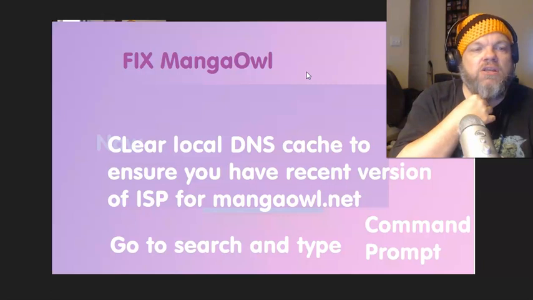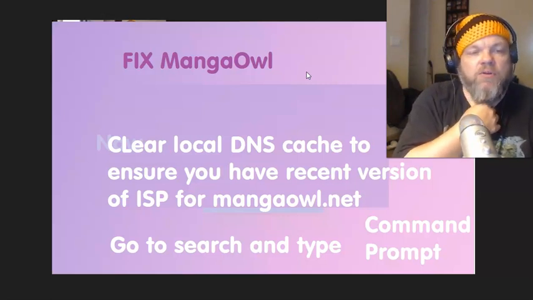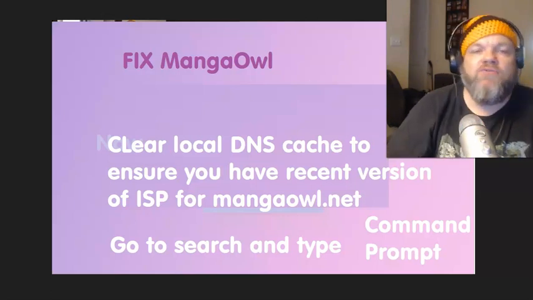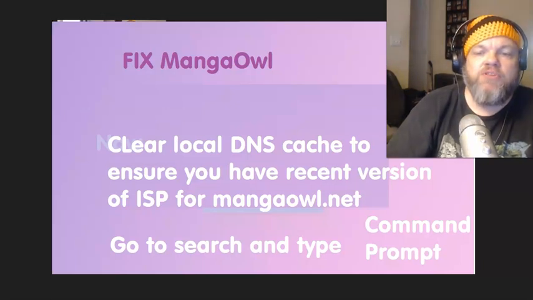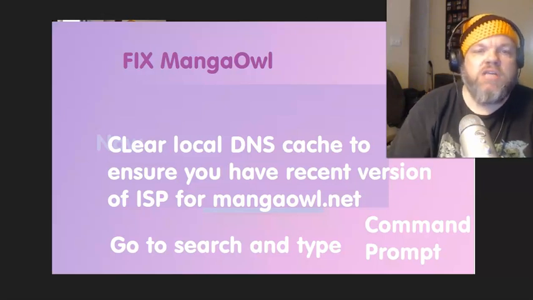Okay, next, you're going to clear the local DNS cache to ensure you have the most recent version of the ISP record for mangaowl.net, or whatever mangaowl website version that you have, whether that's 2 or whatever. To do that, on the very bottom left of your screen, you're going to type in the search. On Windows 10 and 11, it's on the very bottom left of the toolbar. It says type here to search. Or if it's Windows 7 or another version, you have to actually hit the Microsoft logo on the bottom left and go into search. And then what I want you to do is type in command prompt,